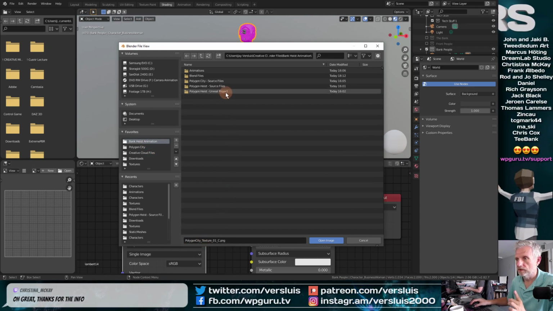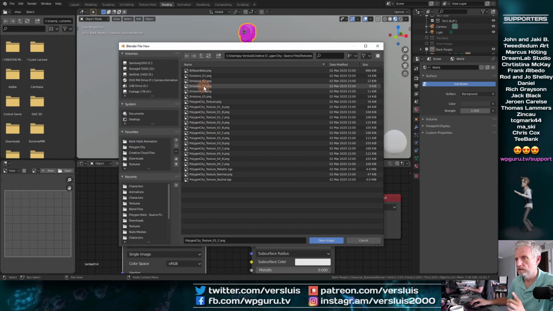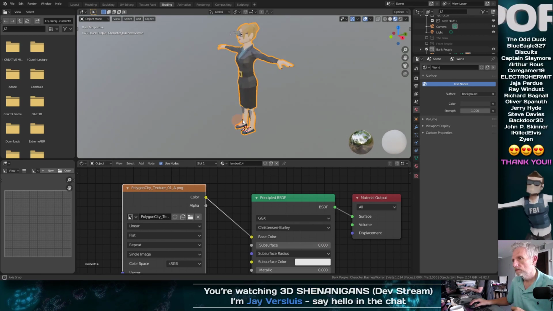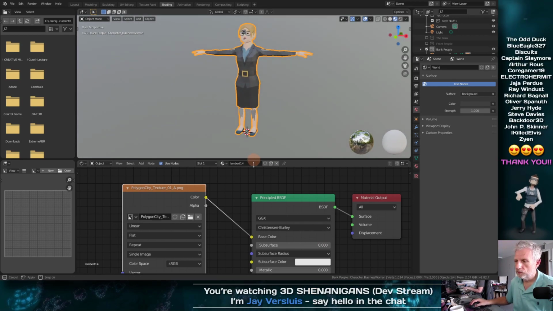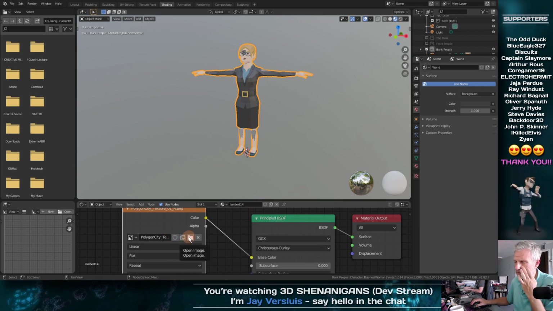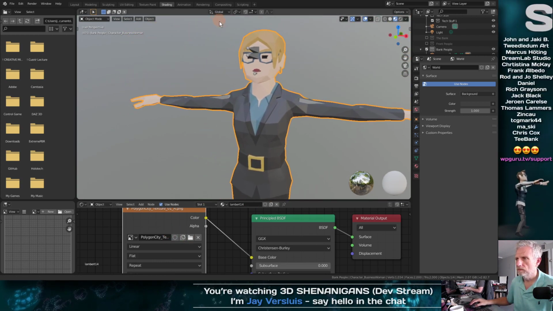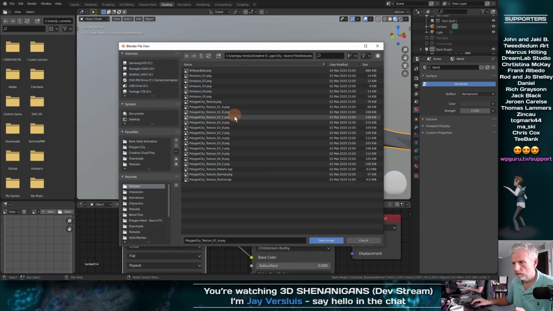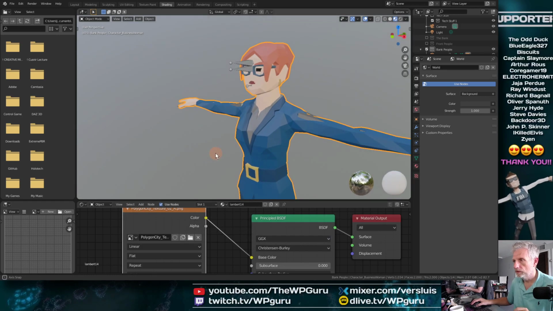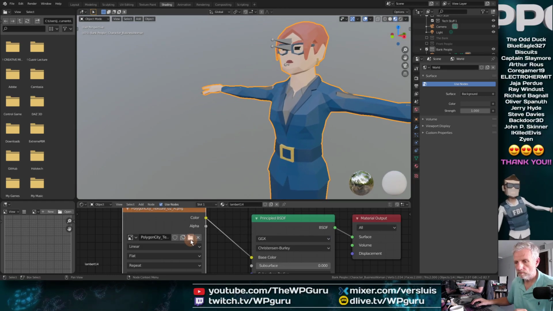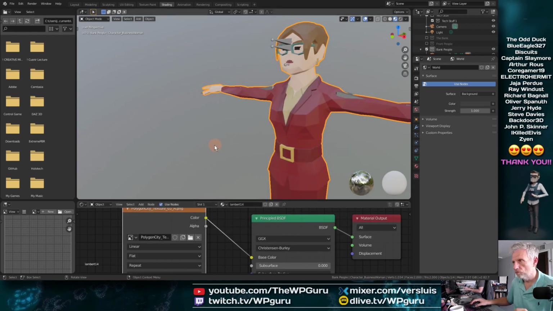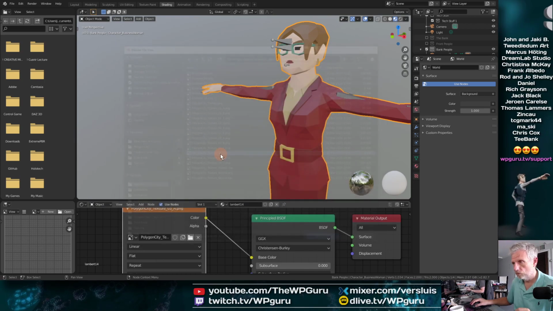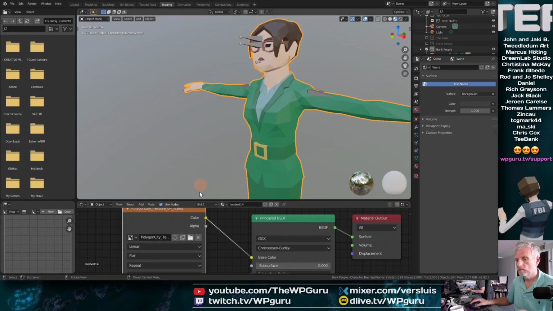Polygon City texture. So that is in here, Polygon City texture 1. Boom. But while we're here playing with textures, let me show you the other outfits that we can give her. Number 2, there we go, that's the second one. Then number 3 is this one, a red dress, so that's nice as well, I like that. And then there's the 4th one, that's a green dress.